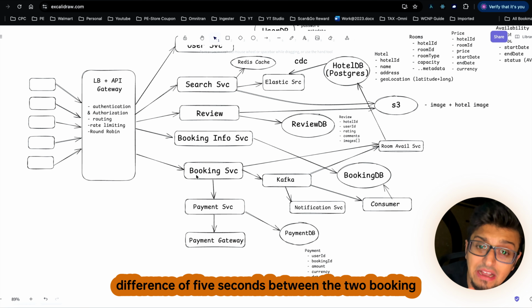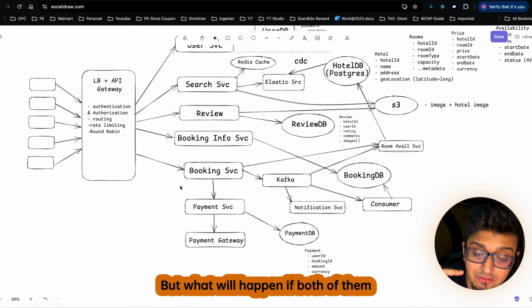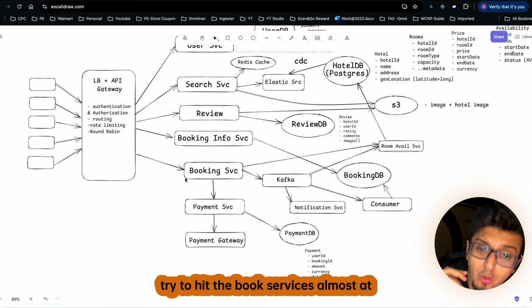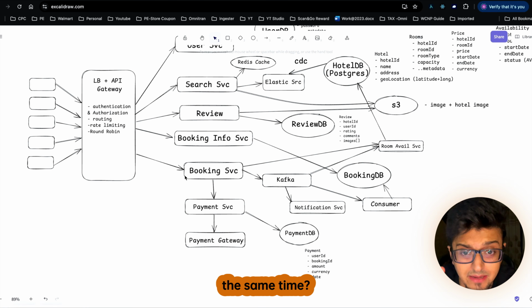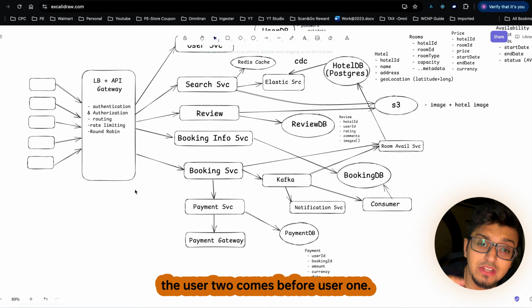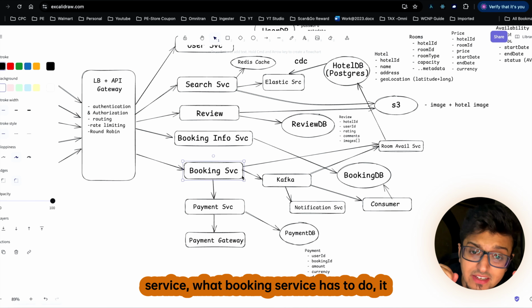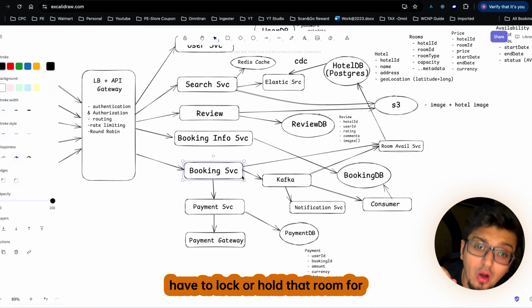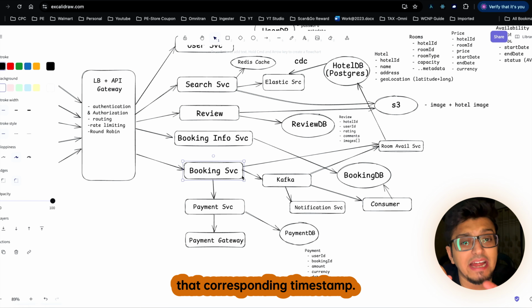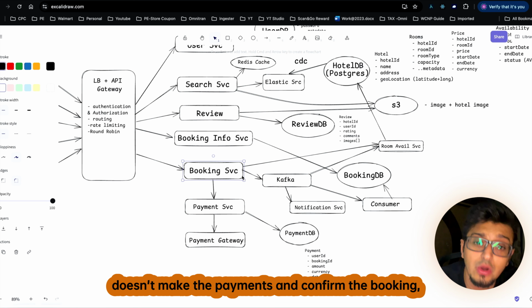but not exactly concurrently, because here you can see there was a difference of 5 seconds between the two booking transactions. But what will happen if both of them try to hit the book service almost at the same time? For example, the request of user 2 comes before user 1. And once the request comes to the booking service, what does the booking service have to do? It has to lock or hold that room for that corresponding timestamp,